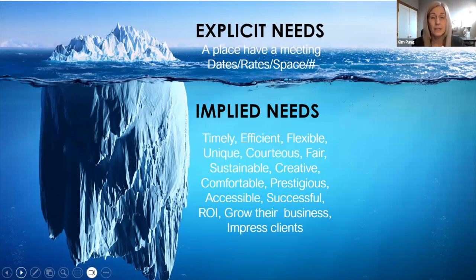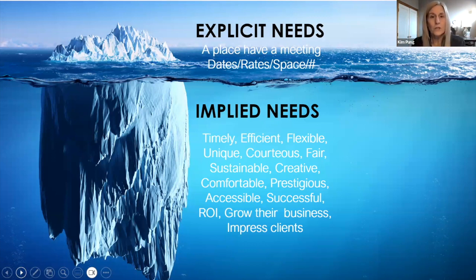I can give you these dates. I can accommodate that many people. But will it be the atmosphere you want? Will it be the environment that you want? Will it have the dedicated conference tables? Will it have high back leather chairs? Will it give me the ambiance I'm looking for from my very high-end executive board meeting or my large association